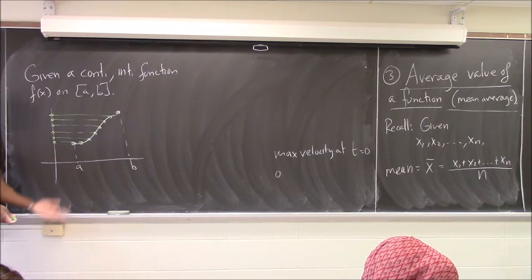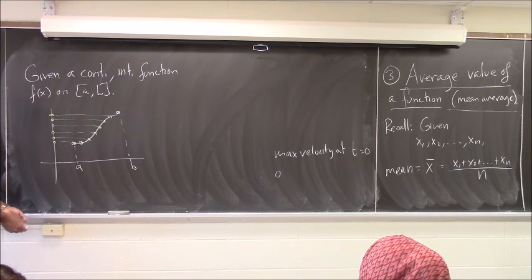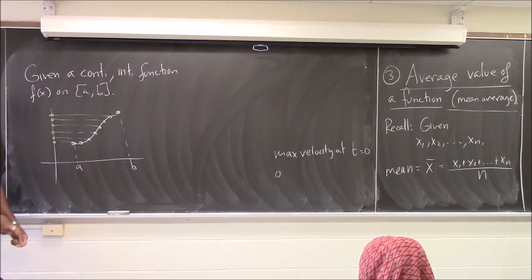It's a continuous function. There are no gaps in this function. So I need to know, how would I add up a continuous number of points? What would be the average output of this function on this interval? So now we have to figure out a way to add up an infinite number of things and divide by infinity. What does that even mean? Well,